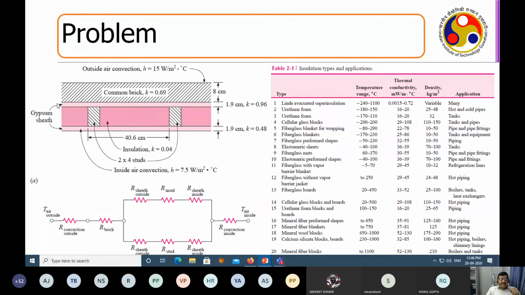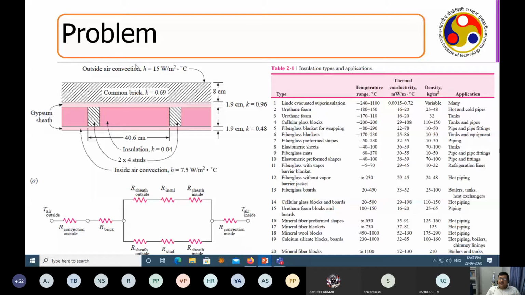This is the sheet outside. Then you have the insulator, and then the sheet inside. So this part is composing this one, whereas this stud part is composed of sheet outside, stud, and then the sheet inside. So these parts you are taking as one parallel item, and this part you are taking as another parallel item. You just have to total out everything, and then you have the convection that is happening inside. This is the temperature inside, this is the temperature outside. This is the way you can compose a circuit diagram associated with this sort of materials.